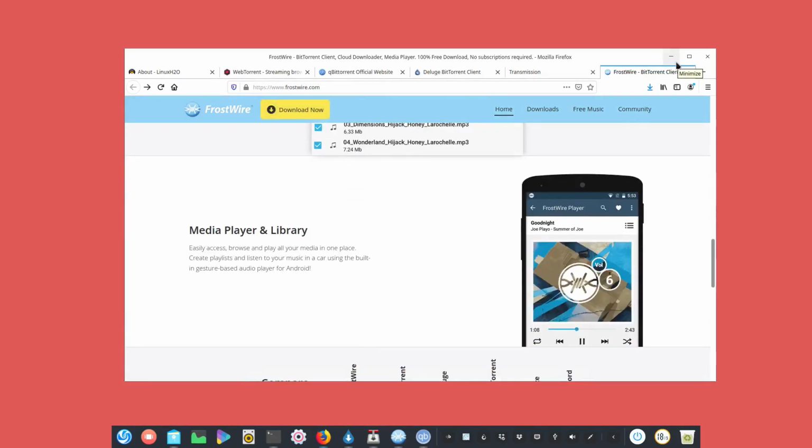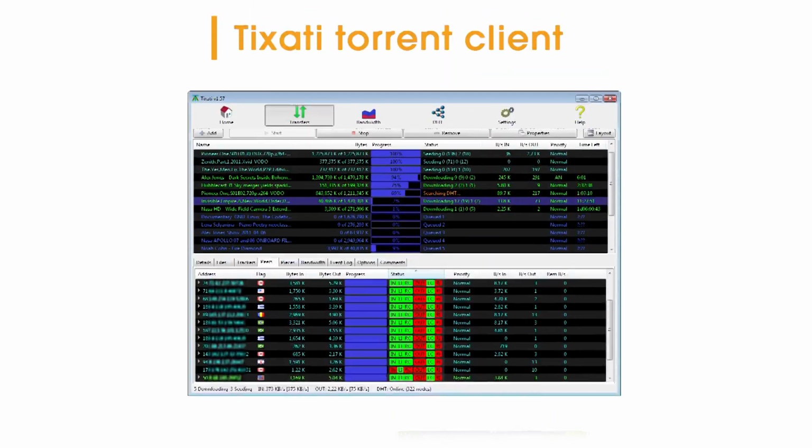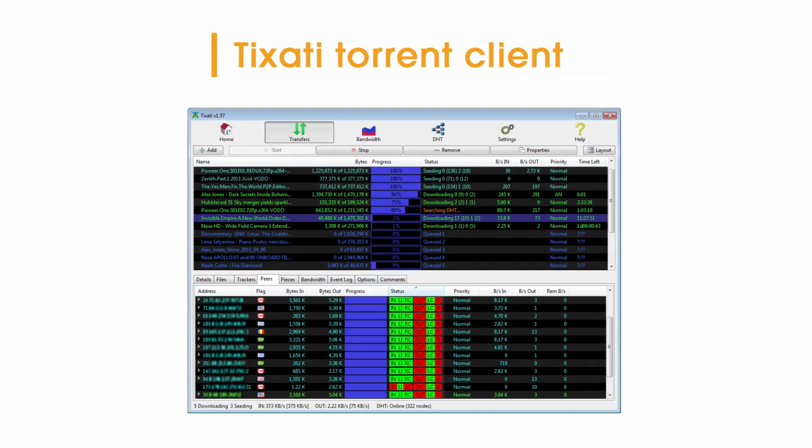There are some more torrent clients, like there's Vuze, but Vuze has a subscription fee, so you have to get that, or you will see some kind of advertisement in the application. There is also Tixati, I think. Tixati, I don't know what is the correct pronunciation, but that tool is very old in the sense the user interface is kind of retro, but that is also available.